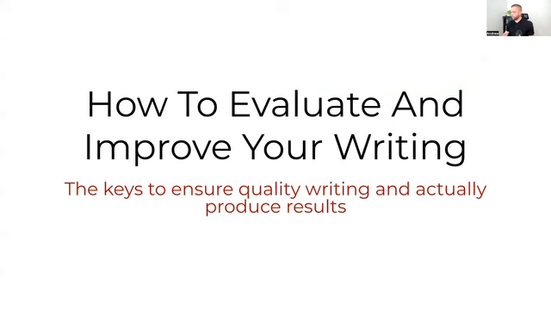All right. So talk about the creative thinking or the creative idea process. Now we're going to talk about how to make sure that you're evaluating and improving your writing, right? So this is what you're going to do after you write. We talked about how to do the before part. You're going to go out and actually write some stuff. And this is what you do after that. This is how you evaluate and improve your actual writing.